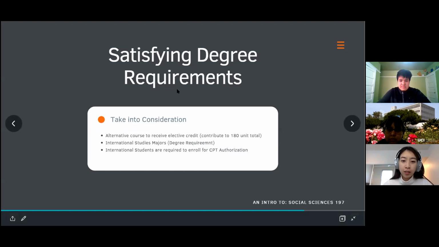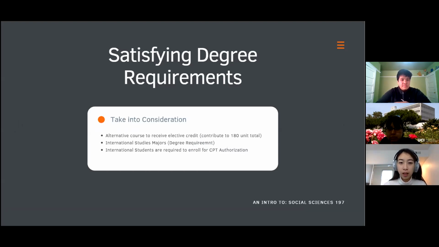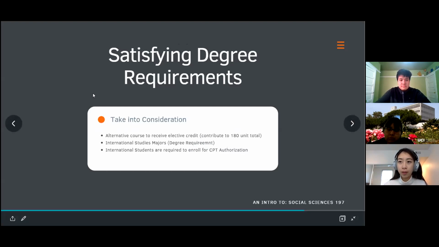If you're an international student, you're required to do a little bit more steps in order to enroll. You have to get the CPT authorization through the International Student Center. We can also send you the links to the page with more information about CPT.